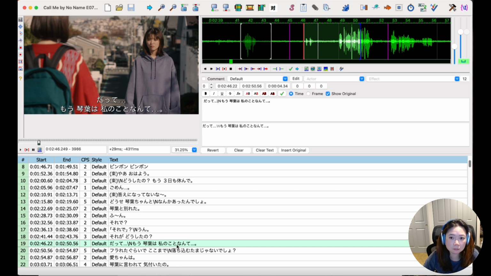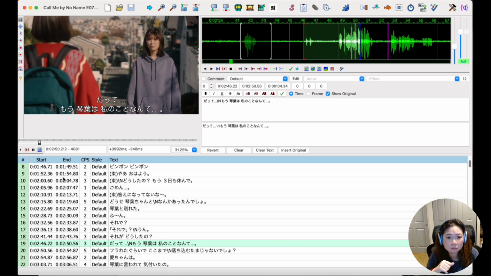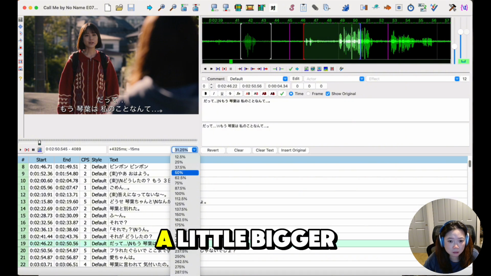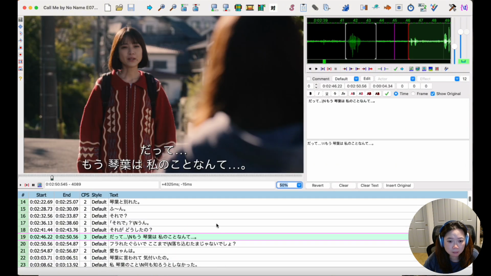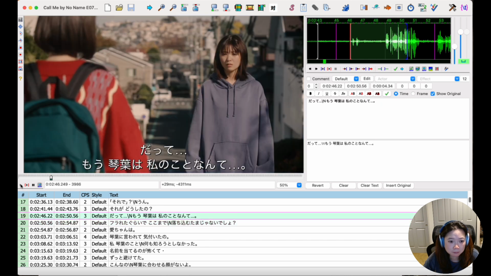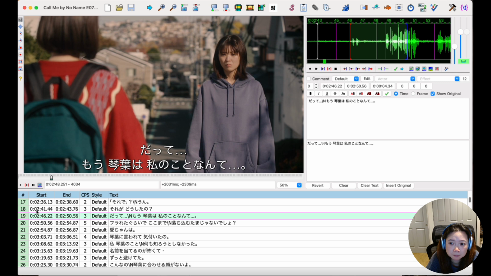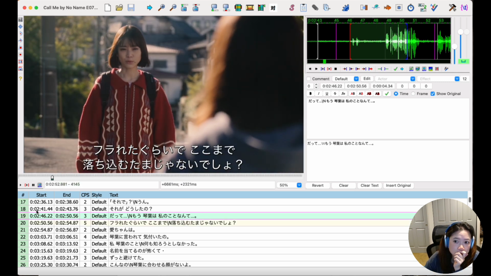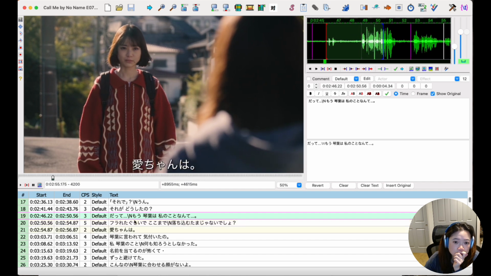だってもう琴葉は私のことなんて。振られたぐらいでここまで落ち込む玉じゃないでしょ、めぐみちゃんは。